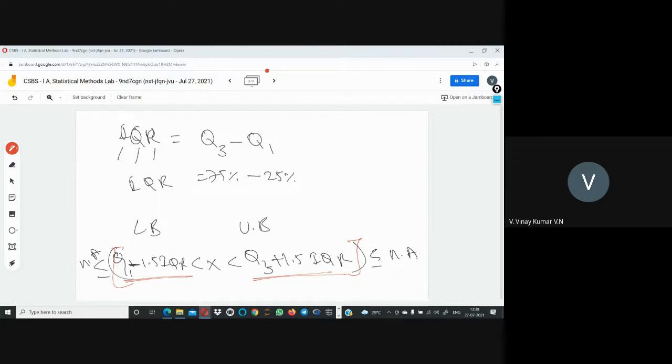If a value is outside the range, even if it is more than Q3 plus 1.5 times IQR, these will be troublemakers. Likewise, values below Q1 minus 1.5 times IQR are also troublemakers. So we have to remove them. This is the standard procedure.